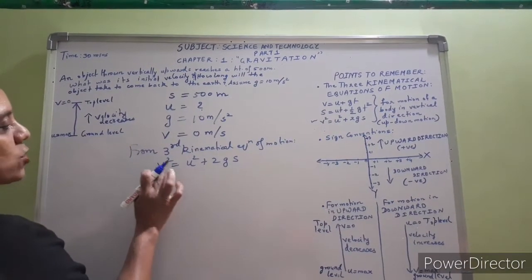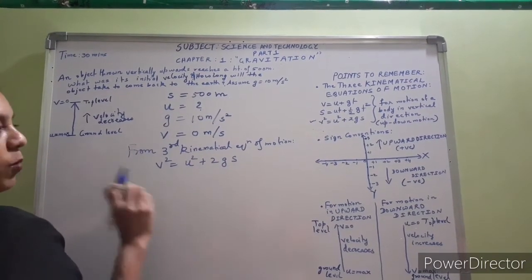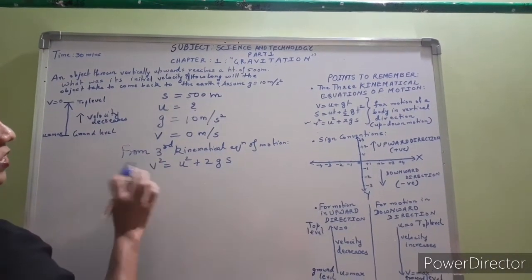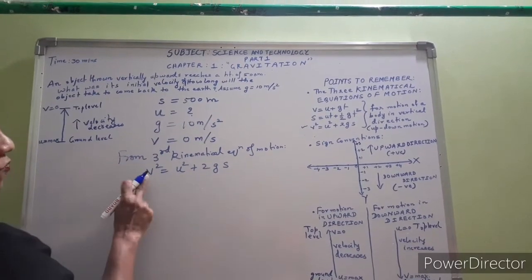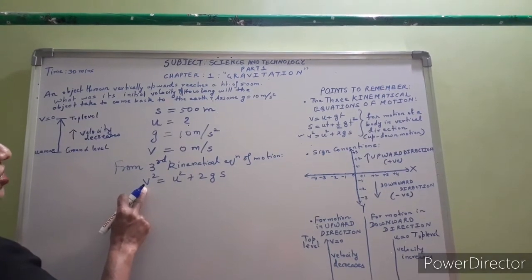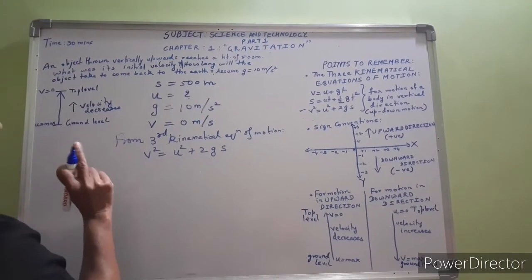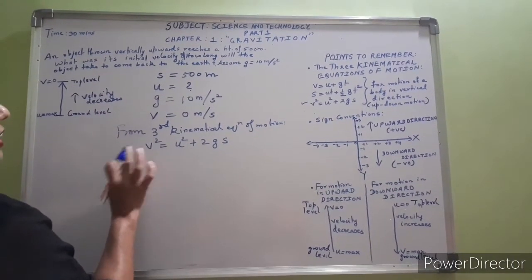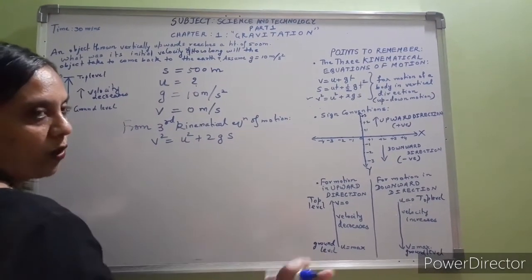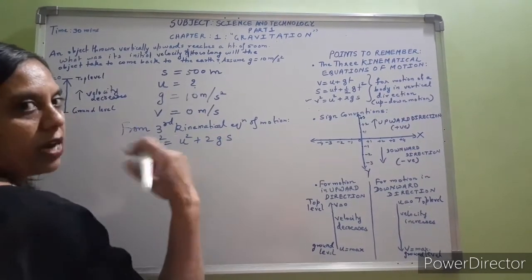So I have written v square equal to u square plus 2gs. Now put the values here. You notice all the quantities are vector quantities: v, u, g and s. v is in the upward direction, because the vector's direction is the same as the direction in which the body goes. So v will be in the upward direction, u will be in the upward direction, g is always downward. Even if the body is going upwards, g will be downward. s is in the upward direction.